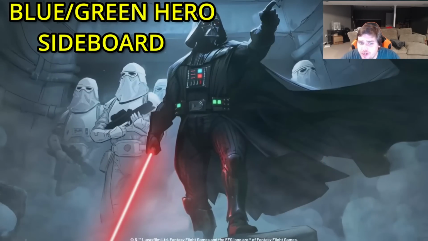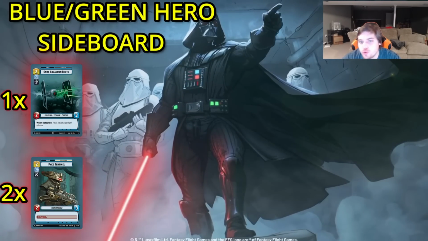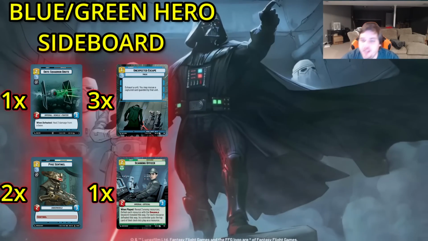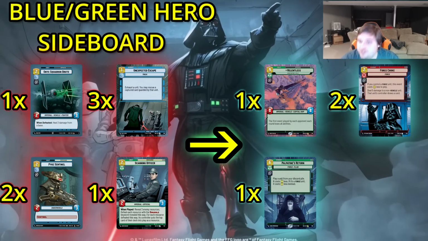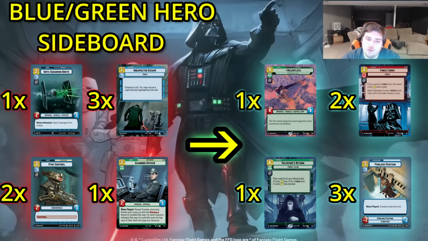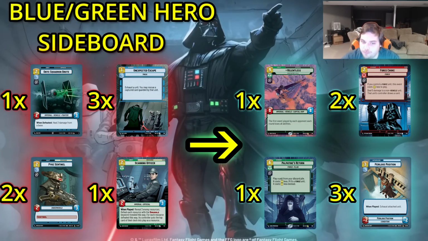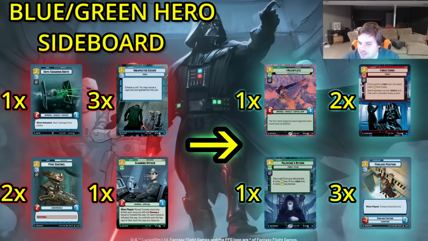In the sideboard here, I would remove 1 Onyx Squadron Brute, 2 Pike Sentinels, 3 Unexpected Escapes, and 1 Scanning Officer. I'd put in a Relentless, a Palp's Return, both Force Chokes, and 3 Perilous Positions. We're definitely favored in this matchup since we have Relentless and our end game is just way better than Blue-Green Hero. Data Vaults also are going to be harder to mill since they have 10 cards, but they're also not